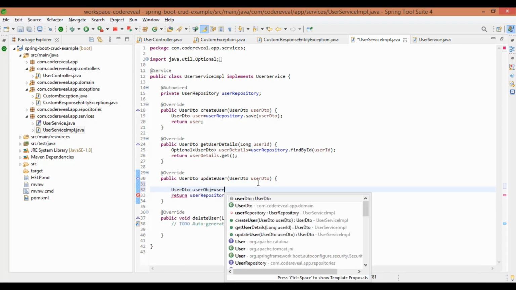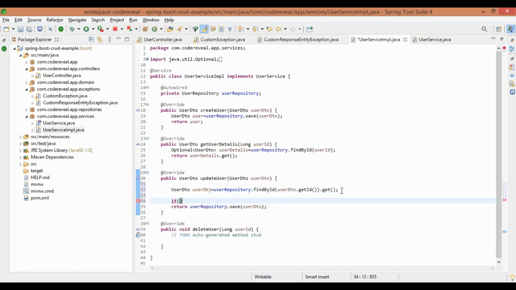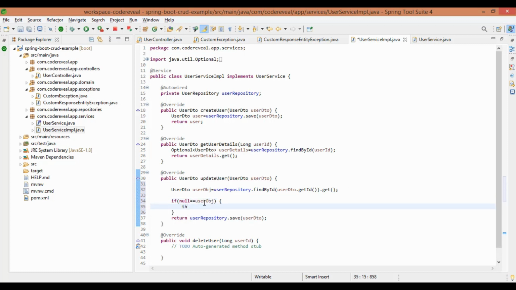First we are going to get the user object from the table, then we will check if it's null, then we will throw an exception, or otherwise we will set the created date, with the user detail that we get from the controller.